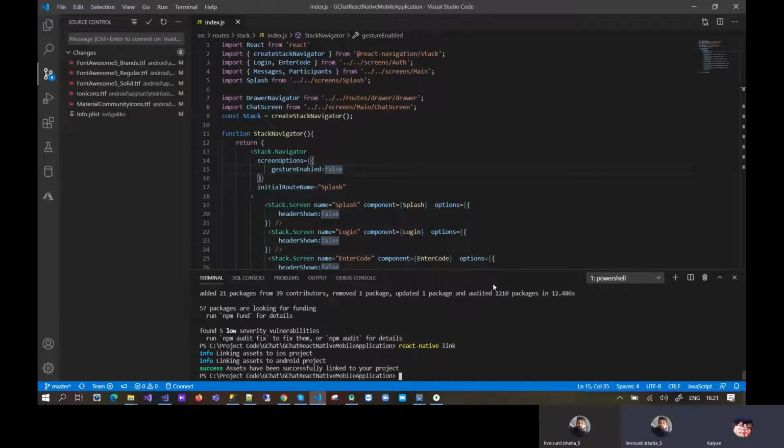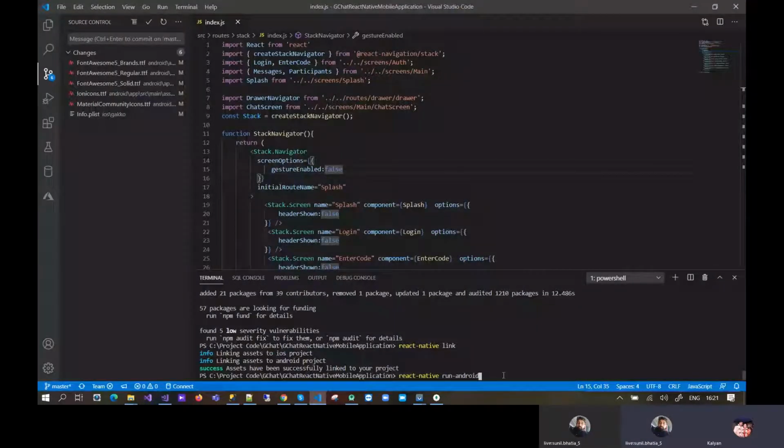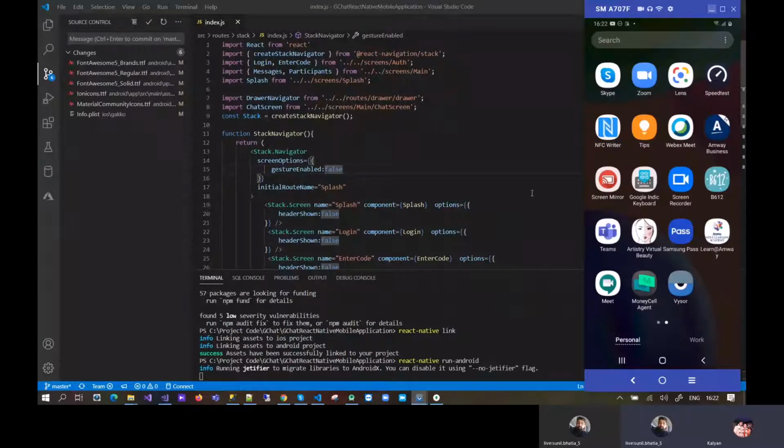Now you can run the command React Native run Android. Do we need to sync from Android Studio or not? No, no need. You can run directly. Android Studio is only for the local properties, which was already added.